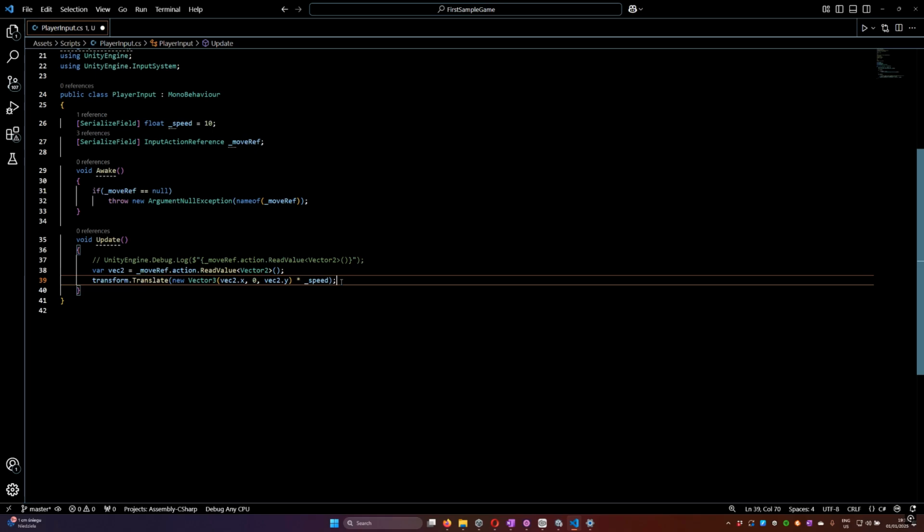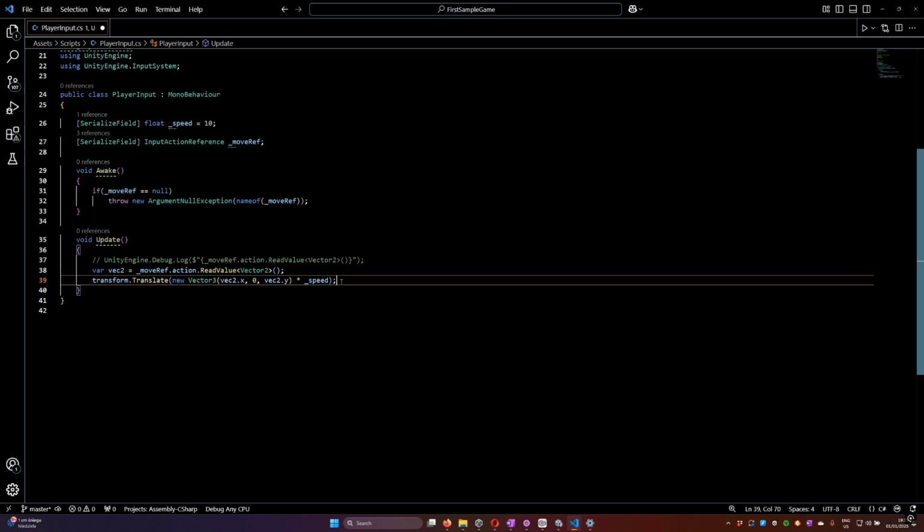Second line of Update function uses variable MonoBehaviours have by default, transform. It is transform component of game object to which MonoBehaviour is attached and which every game object has. Transform variable has method Translate, which means to change object position. It expects input parameter of type Vector3. We create new Vector3 by new operator and set its values inside brackets. It's called a constructor. It takes 3 input parameters for each axis.